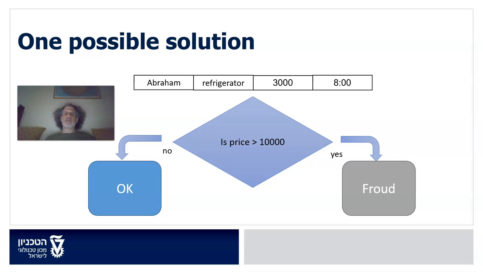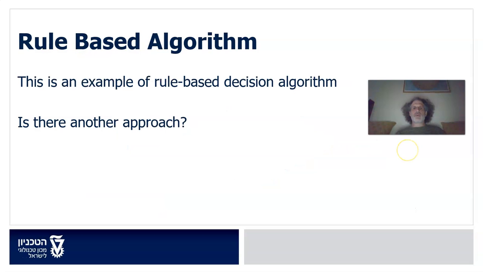And we can see systems like that working everywhere, also in education. We know that if you want to go to university, you have to take a psychometry exam, and if your grade is greater than some threshold, then you can learn in the university, and if not, then not. So those kinds of systems are quite popular. So this is a rule-based system working with a rule-based algorithm.